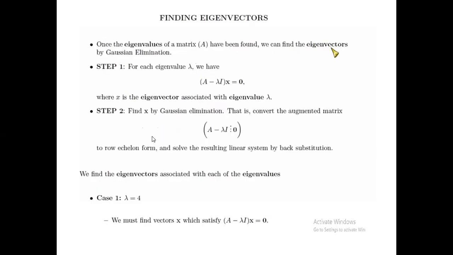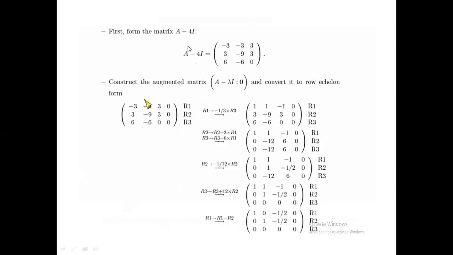So we take A minus lambda I, and the first case is when lambda is equal to 4. The equation that we are using is simply A minus lambda I times x equal to 0. Right? So we'll plug in lambda equal to 4, and once we do that, A minus 4I turns out to be this matrix, and you construct what is known as an augmented matrix. So you have A minus lambda I, or A minus 4I, equal to 0. So I've written the augmented matrix here.